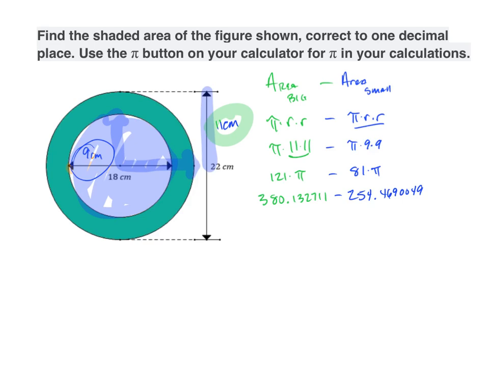So to be exact, like they've asked for it, what we're going to do is subtract 254.469049 from 380.13271, and that's going to give us